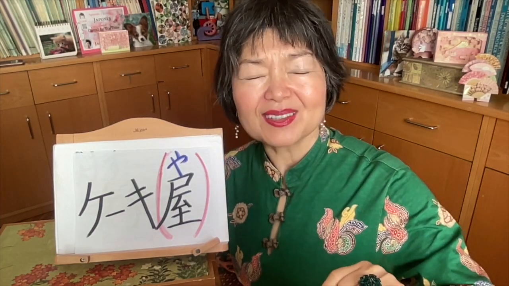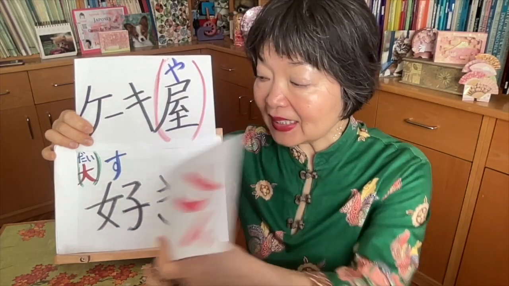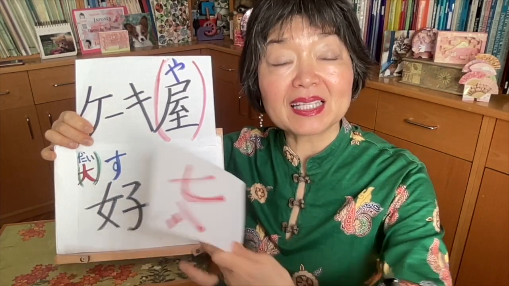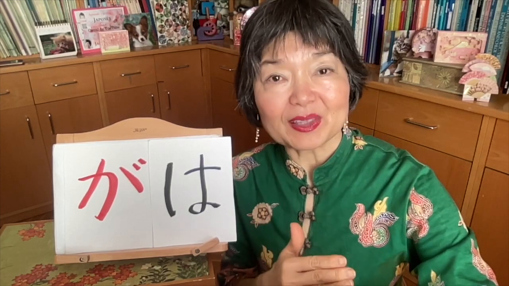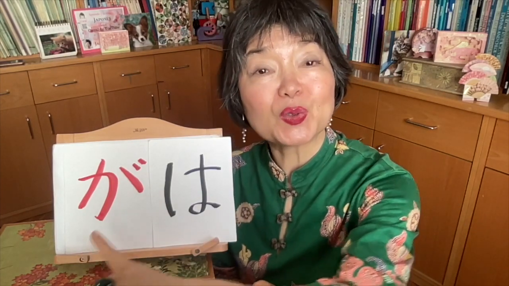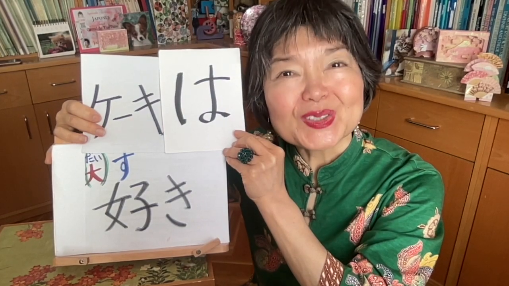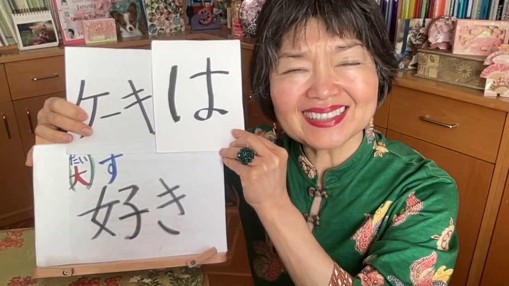I like cakes, but this cake, I don't like it. We usually say it with the particle ga, because 好き is not an adjective like that; we say something ga 好きです. So ケーキが好きです means I like cakes. But in this case, cakes, I like them, but this one, no. This is very emphasizing, so instead of ga, we are going to use wa. ケーキは好きですが、このケーキは好きじゃありません。